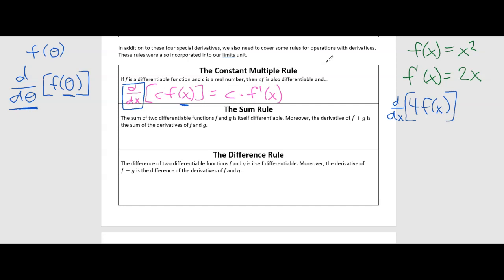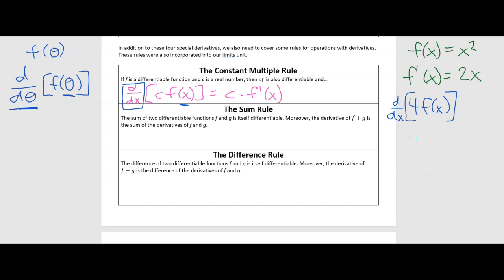Well, for this function, there's two ways we could do it, right? We could just say this is equal to the derivative with respect to x of 4x squared, and this would be equal to 8x, again using the power rule. But sometimes, especially when you don't have polynomial functions, or maybe you have trig functions or exponential functions, you can't just combine the constant with the original function and do something simple like the power rule. Sometimes you've got to separate the constant from the function before you take the derivative and then put it back there at the end. So what I mean is that another way of doing this